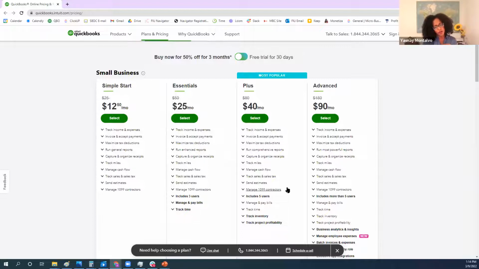When will you go to Plus? Really, one, if you manage inventory, and two, if you use projects or want to implement projects in order to keep track of your profitability. And I'll be showing you what that looks like. But pretty much projects is the ability to keep income and expenses per project, so you know the margin of that project. And it's very common when you provide, it really can be applied to multiple industries, and you want to know whether you're making money on that specific